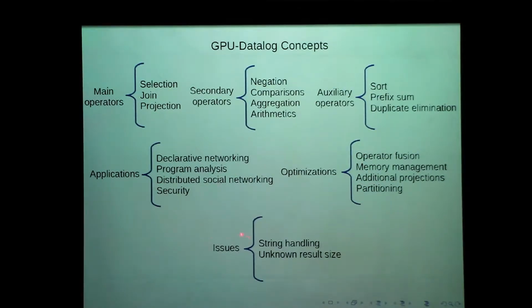There are some issues that need to be considered. For example, string handling for the GPU is a complex matter because strings don't have a common size. They can be any size, so it is difficult for the GPU to handle strings as easily as it handles numbers. And usually for these operations, selection, join, you don't know what the size of the result is going to be beforehand. So you cannot easily assign memory to the result